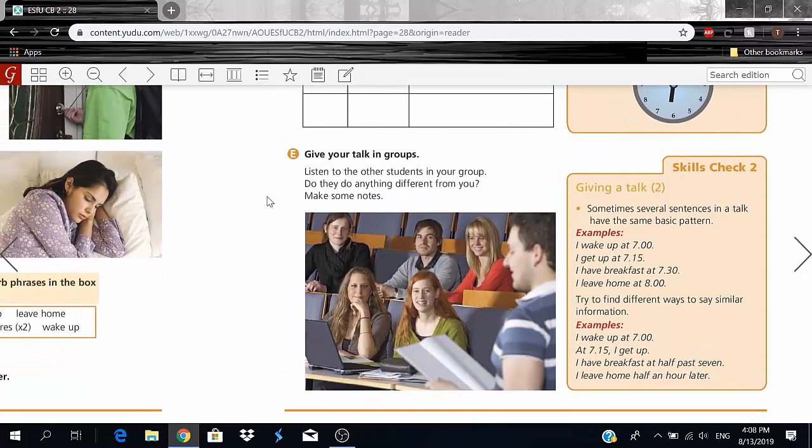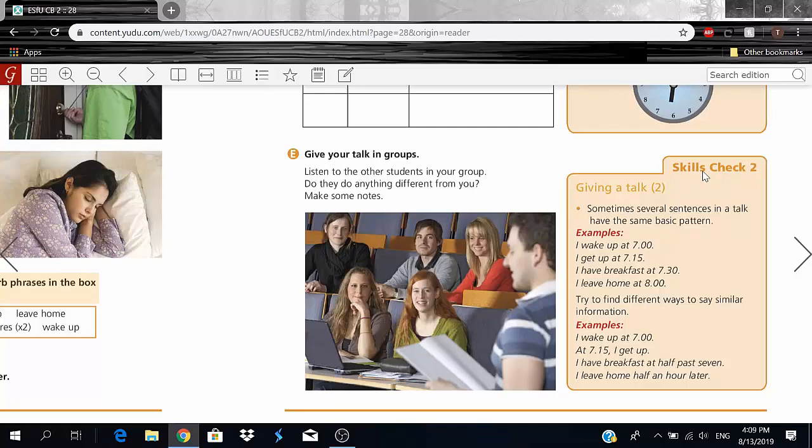So, obviously, different students are going to have different things to say about their daily routine. So, I want you, obviously, after giving your talk, or even before that, you can put kind of a line between yours and someone else's and write the differences down. Not everything, but just differences, okay? See how other people start their mornings and how their day goes compared to yours, okay?